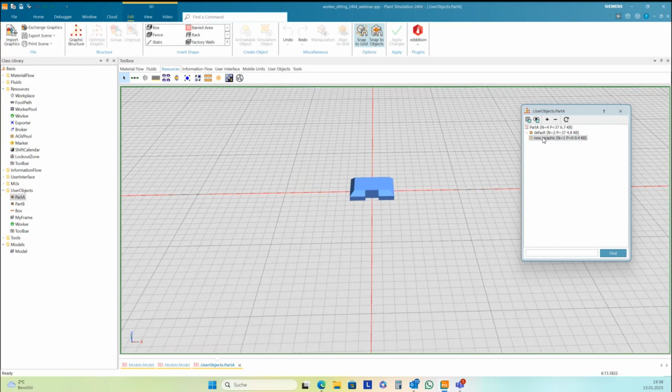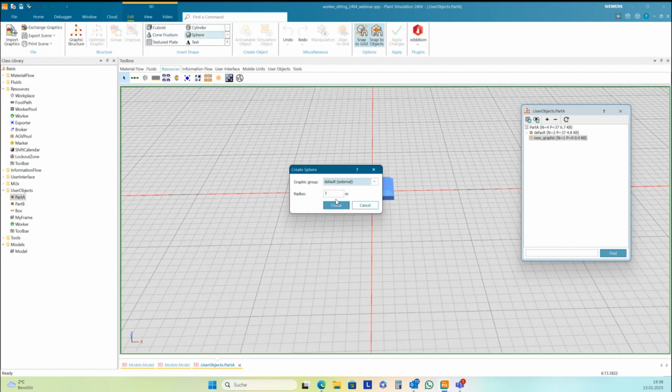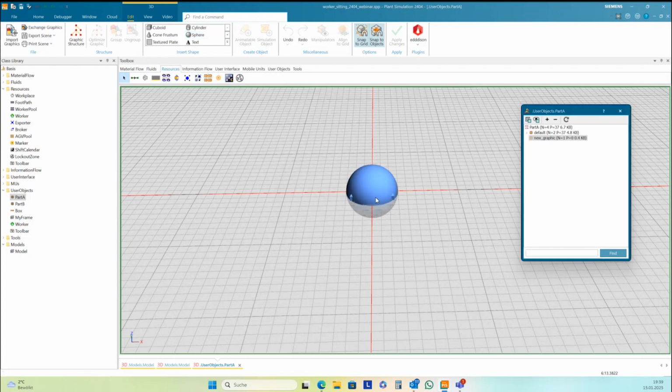Yes, then I need to create something new here. A sphere, not so big, 0.3. Create. Okay. Now I have created a sphere here. I cut it from here and place it in the new graphic group.